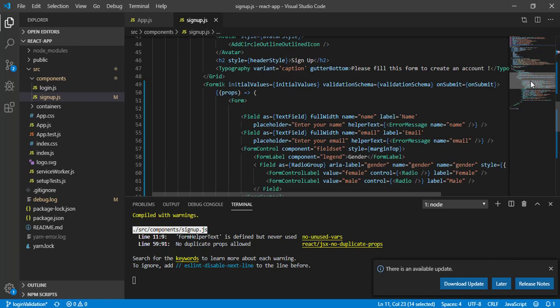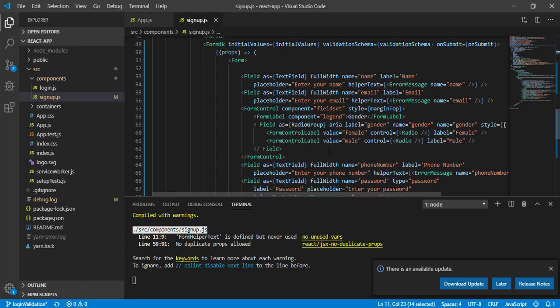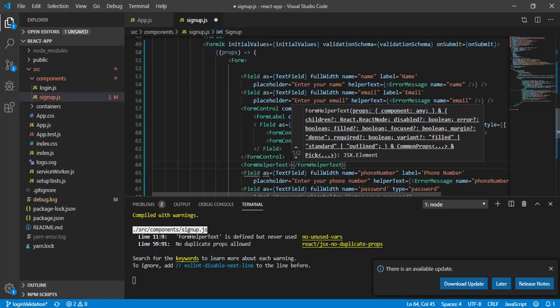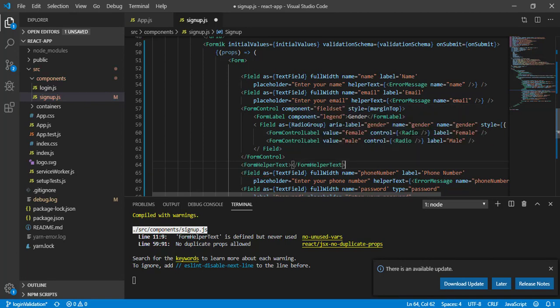Take this one and come below this radio button and paste it. Here we will copy the error message and paste it inside this, and we will pass the name as gender here.